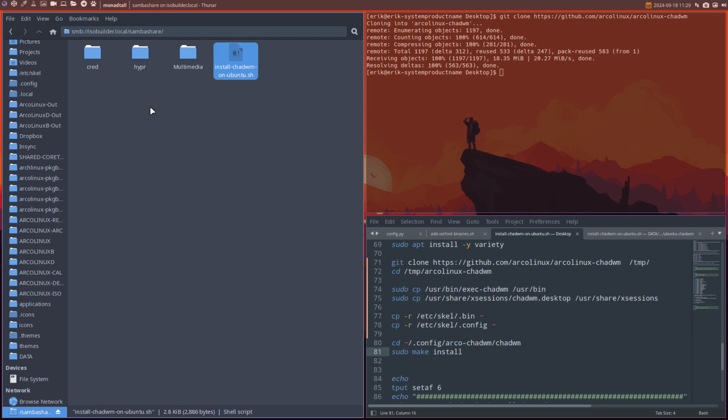Navigating to the shared folder, install, Control C, click here, click there, personal settings, Ubuntu, Chadwm, Control V, replace, upload,